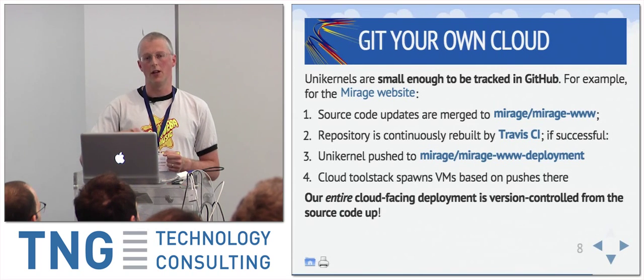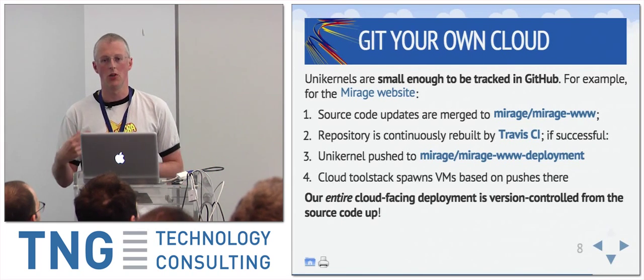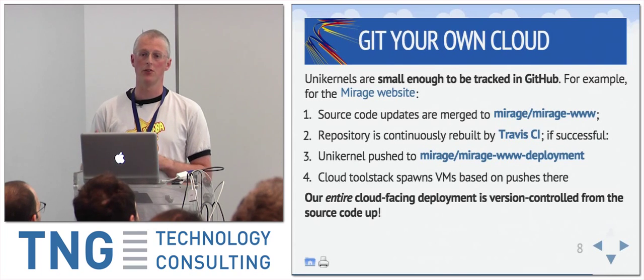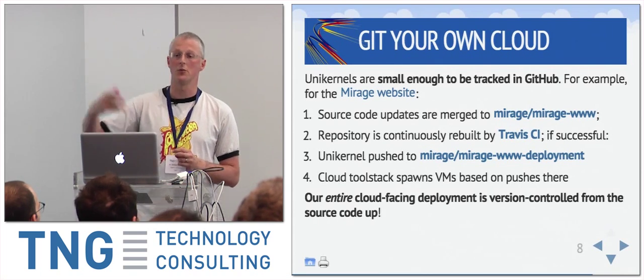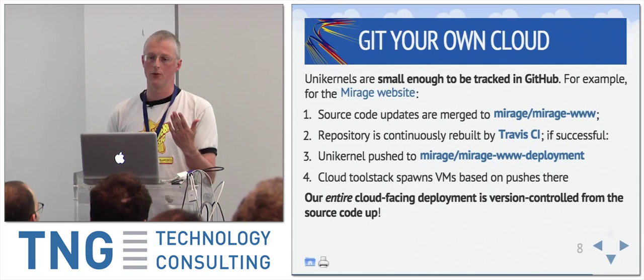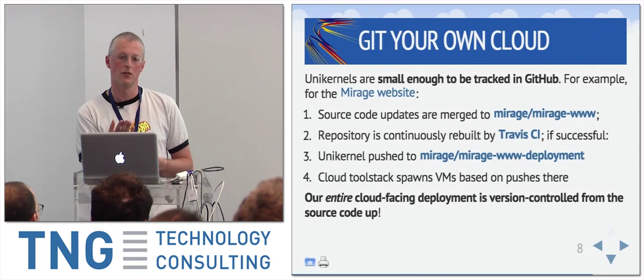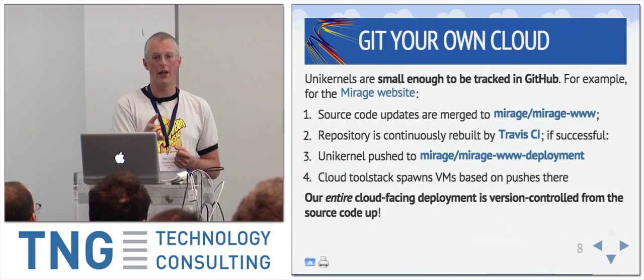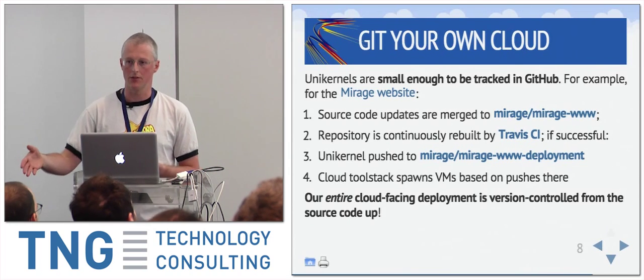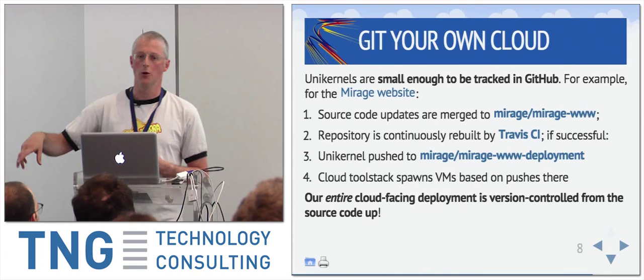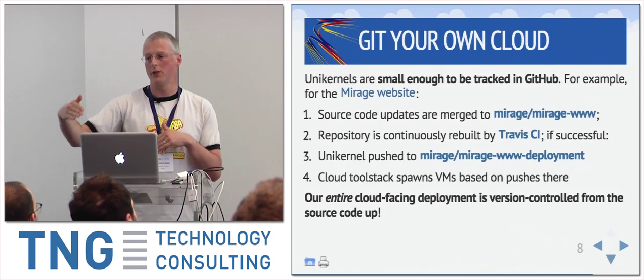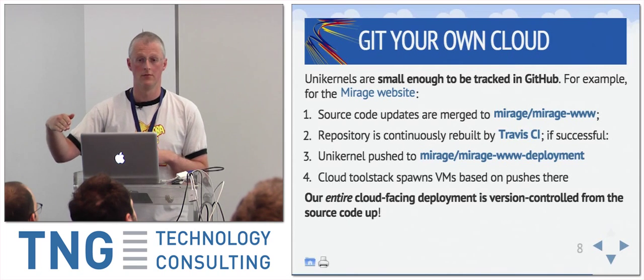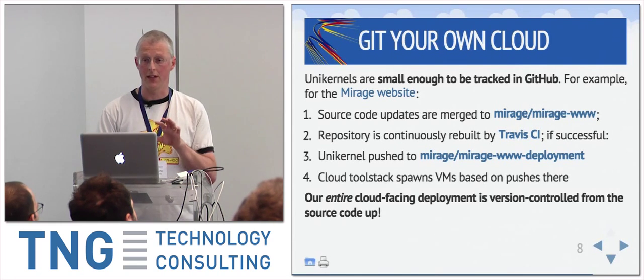And then it's a little bit hacky at the moment, but there's a cron job running on the deployment server that has a post-merge hook in that repository, so it just keeps pulling from that repo. When there's something new, the post-merge hook kills the current version of the website, boots the new version. So all the actual compilation of the website is done using Travis resources. And then the output is committed back to another GitHub repo. So we've got the full history of all binary versions of the website that ran. So everything is version controlled.